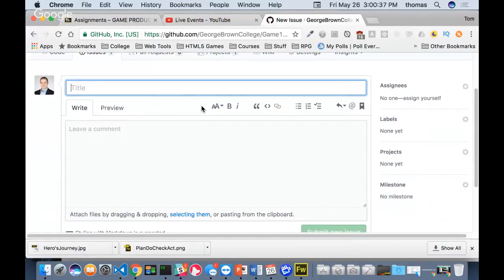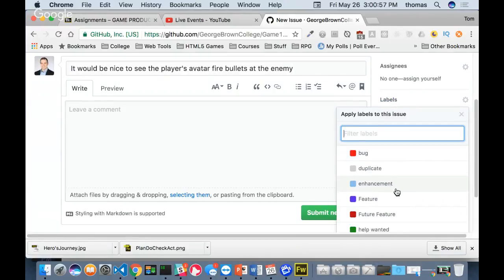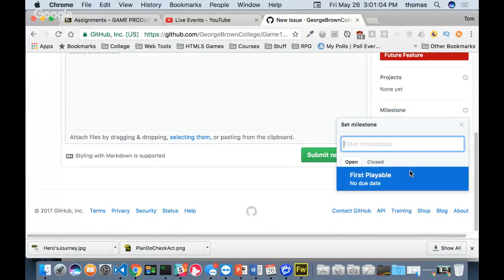I want to, it would be nice to see the player's avatar fire bullets at the enemy. That's a future feature, right? And then that way my future feature, I can assign a label to it. So I can say future feature, right? I can also assign it to a milestone. I've already declared a milestone as first playable,